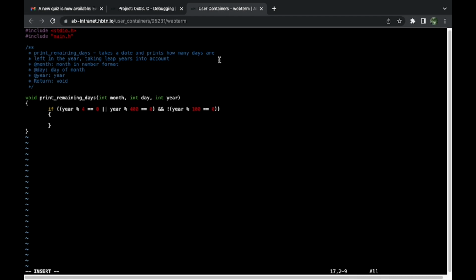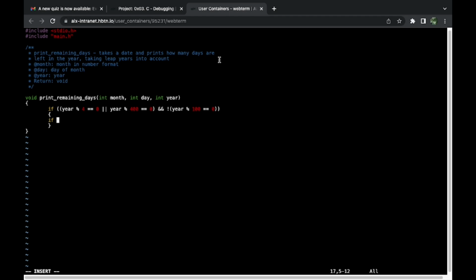If a year's modulus of 4 is equivalent to 0, or the modulus of a year by 400 is equivalent to 0, and the modulus of a year by 100 is not equal to 0, then